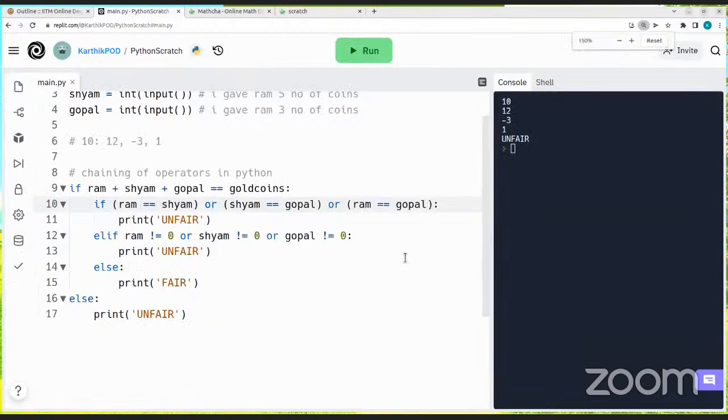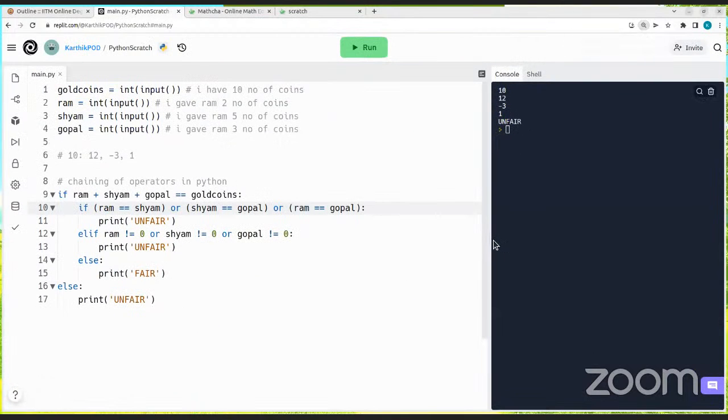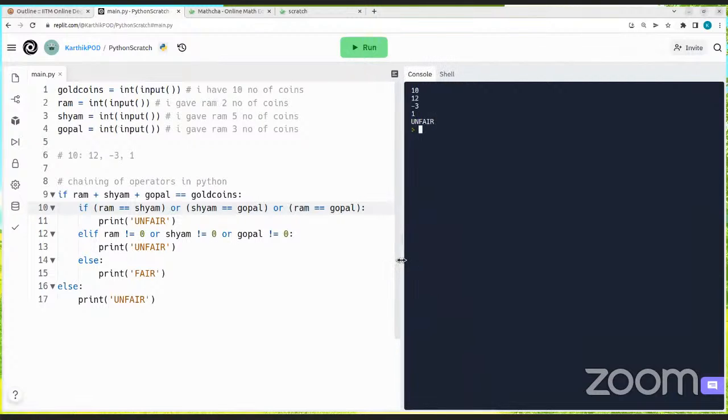Okay. Does anyone see why this is working correctly now? Sir, because you have written not equal to 0, it should be less than or equal to 0 if I'm not wrong. Not less than or equal to 0, because it will not take care of negative. You're just only saying not equal to 0. So this should ideally print fair, right? Yeah, it should print fair, but it's not actually.